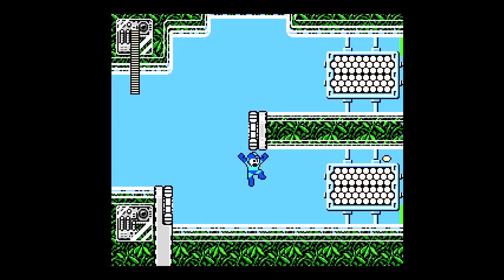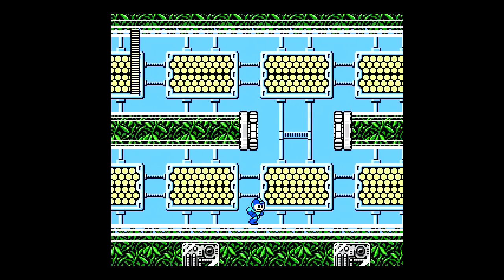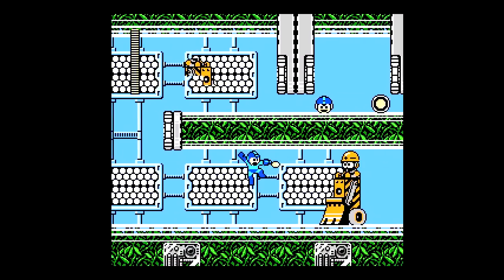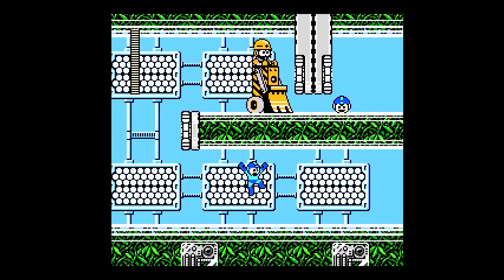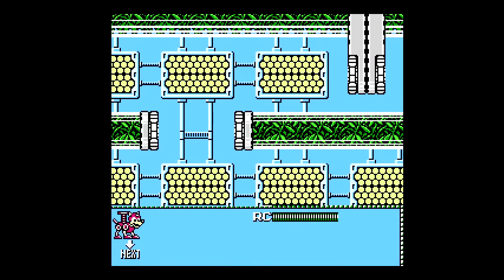Alright, so let's see what happens with the sprite flicker set to normal. It's probably going to be about the same because... Yeah, wow, look at that! That's amazing! Okay, so this is what the NES actually looked like, and you forget that, kids, with your emulation